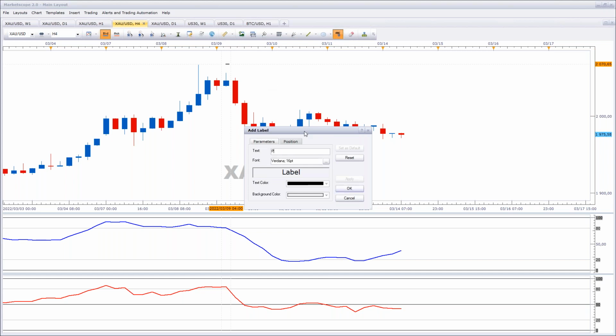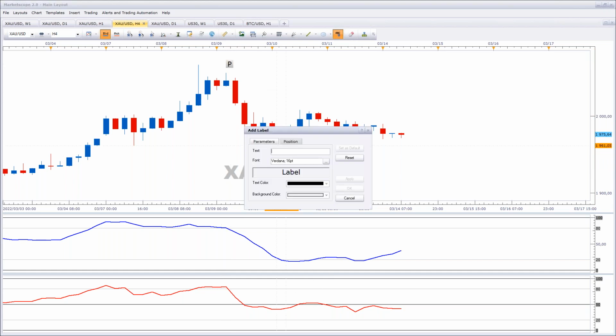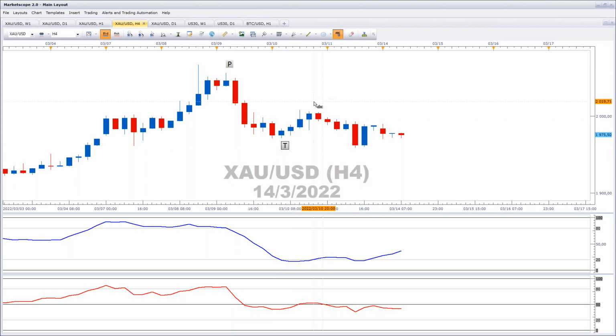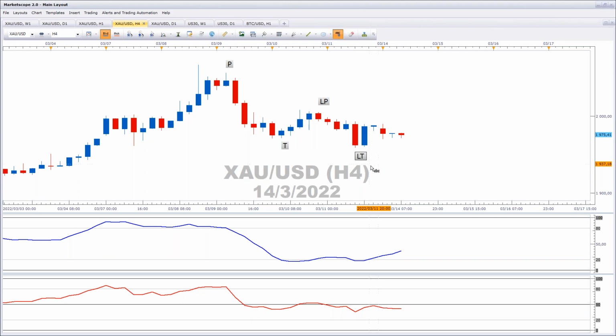Peak, trough, lower peak, and here's the lower trough. Okay, and